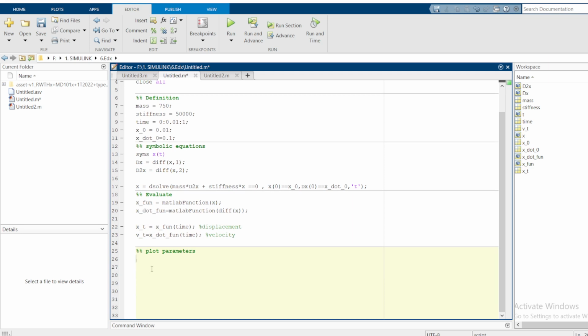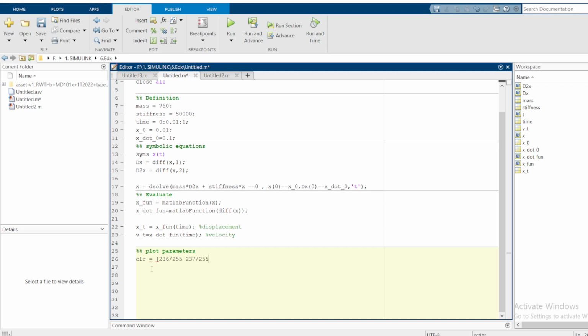Now today I want us to concentrate on the plot parameters, and the first thing I need to do is to define the color of my plot. Maybe you can say color. Let me use the variable color. I want to use a vector. We usually define red, green, blue. Therefore 236 by 255,